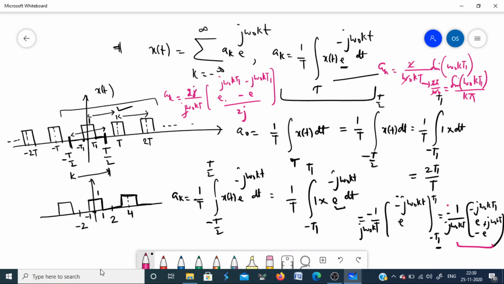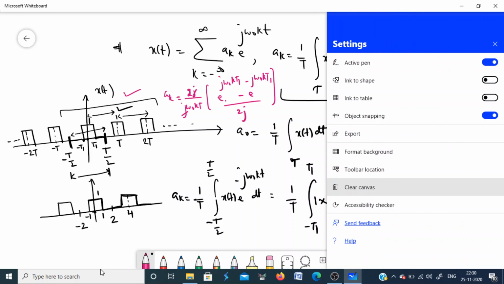Okay, so this is the Fourier series coefficient for this. We have already computed a naught, which was 2 t1 upon t, and ak for k is equal to plus 1, 2, 3, plus minus 1, plus minus 2, 3. This is ak. So if you plot it, what you will get, I have taken a signal like this. Okay, this was t by 2 to minus t by 2, this was t1, this point is minus t1,